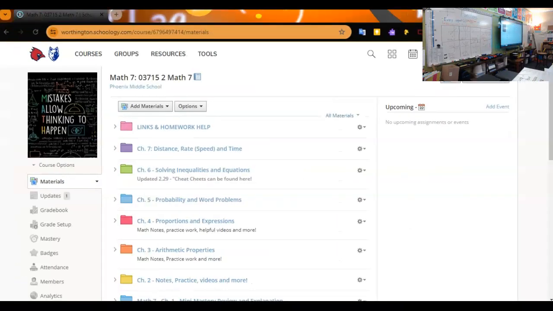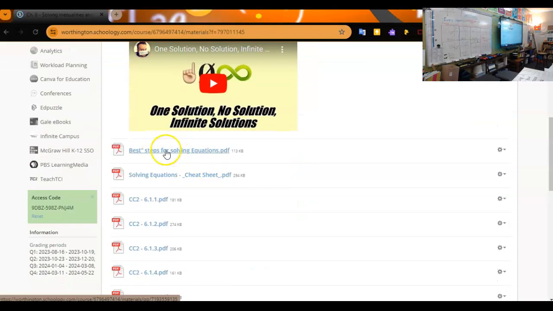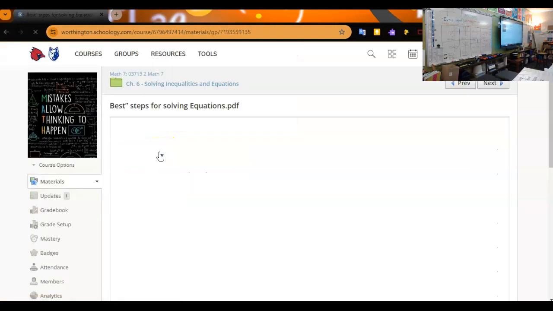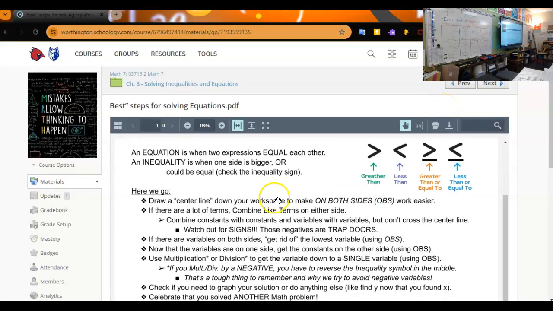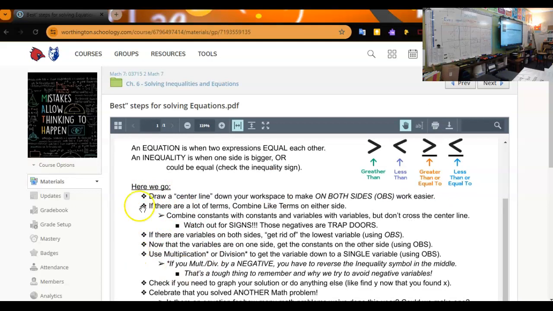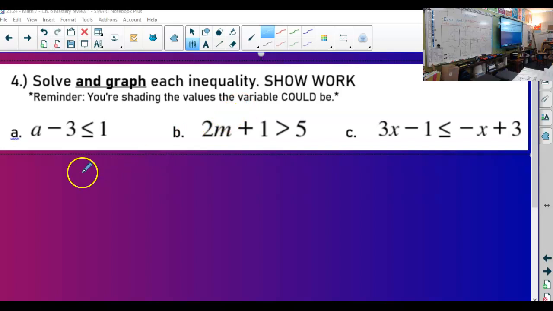In Schoology, in Chapter 6, where this came from: Best steps for solving equations. This walks me through everything I need to do because someone who teaches this went through and did this because they knew the mistakes you would make. So with A,